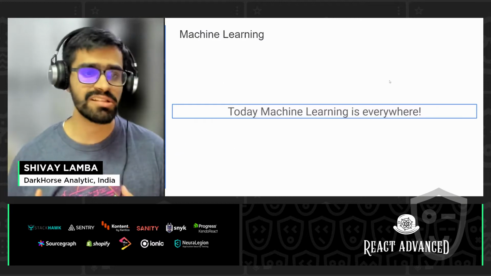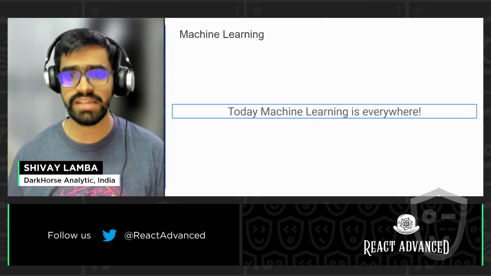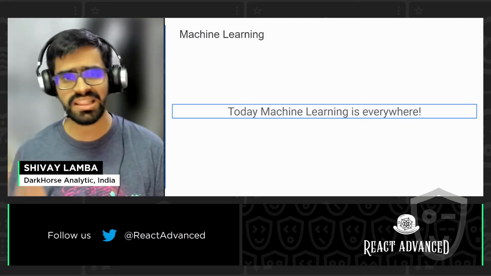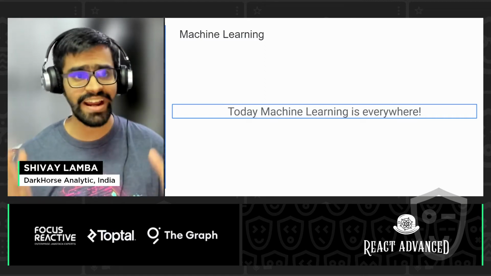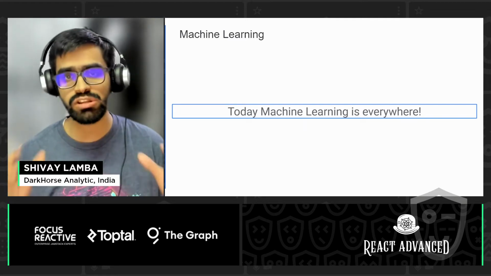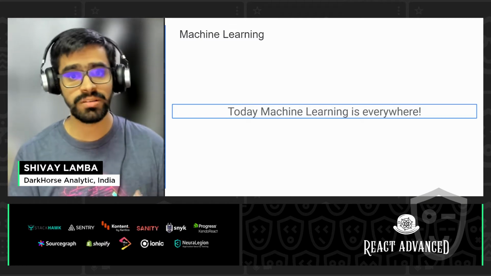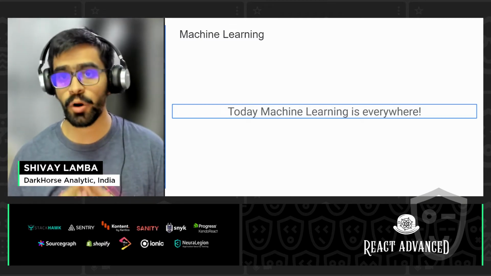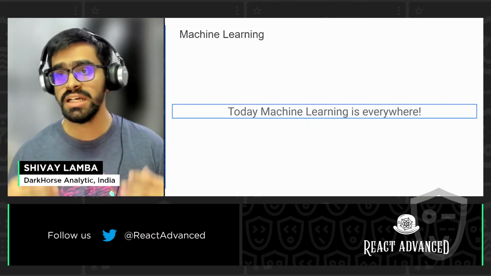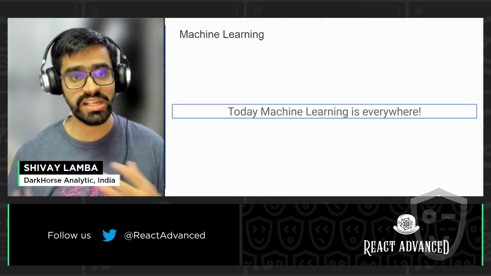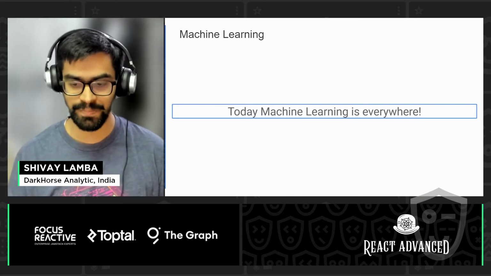The first thing, of course, is that today machine learning is literally everywhere. You look at any kind of application, you'll see machine learning being used there, whether it's education, healthcare, fitness, or mining for the sake of it. You'll find the application of machine learning today in each and every industry that is known to humankind. So that makes machine learning so much more important to also be used in web applications. And today, as more and more web applications are getting into the market, we are seeing a lot more machine learning use cases within web applications as well.